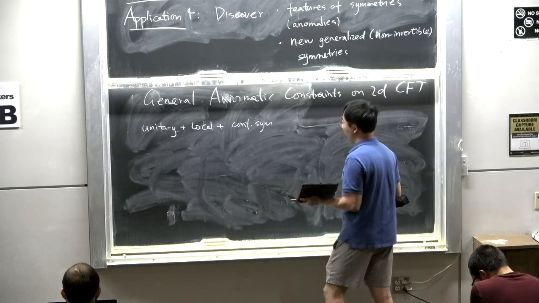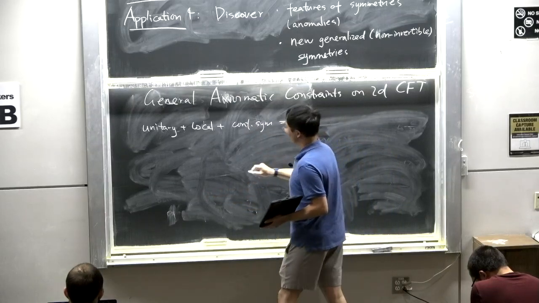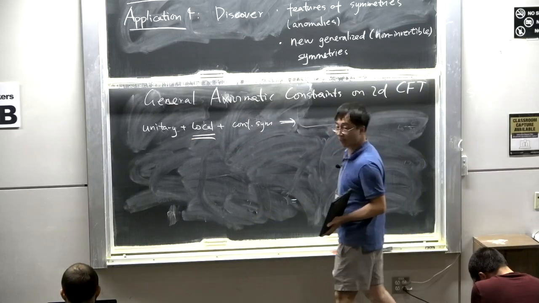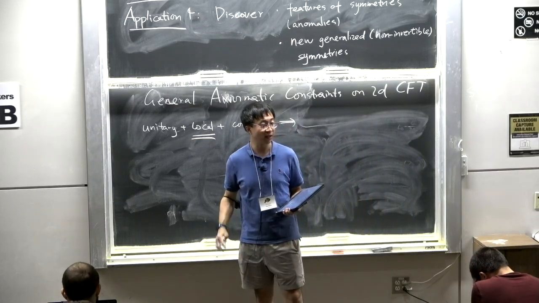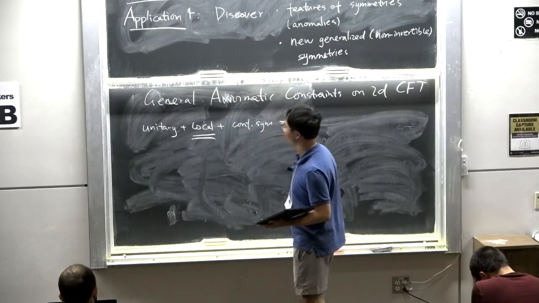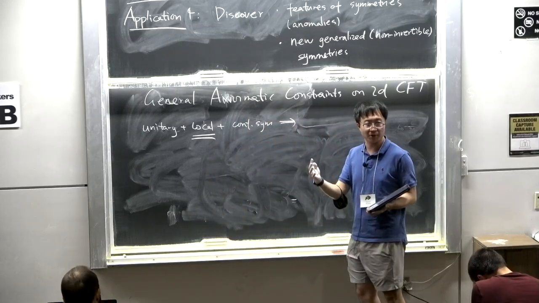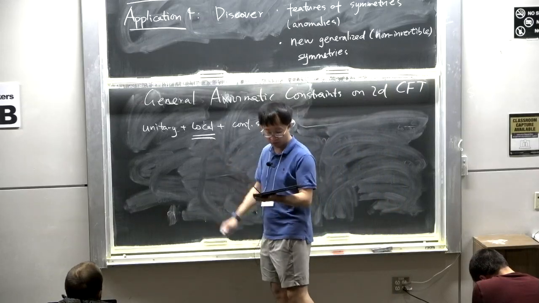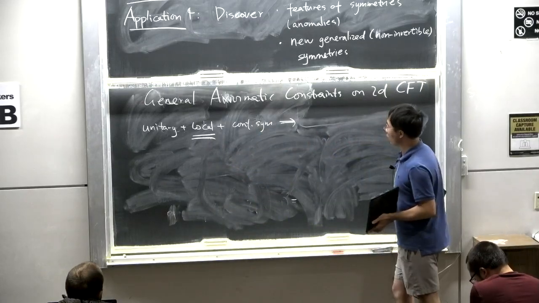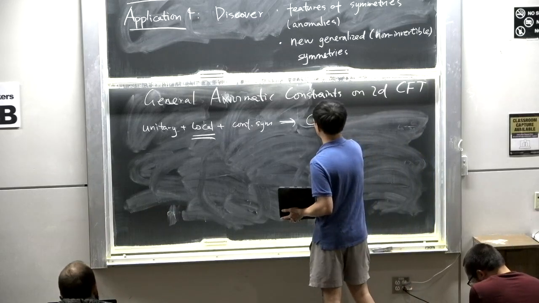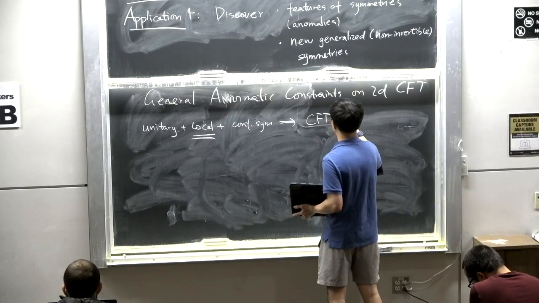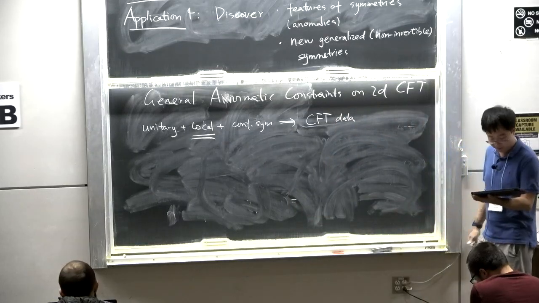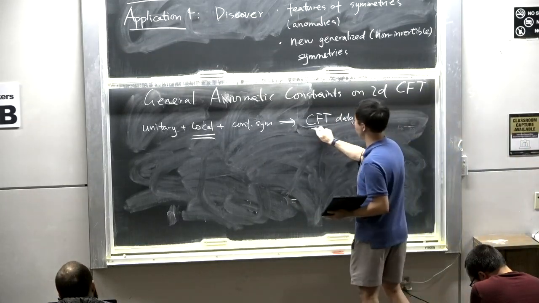And the locality implies that we can cut and glue the path integral with arbitrary insertions, and that will lead to the same result, namely the consistency under cutting and gluing. That's the notion of locality I'm using here. And by using that, you can see that the independent set of CFT data to fully specify the theory,